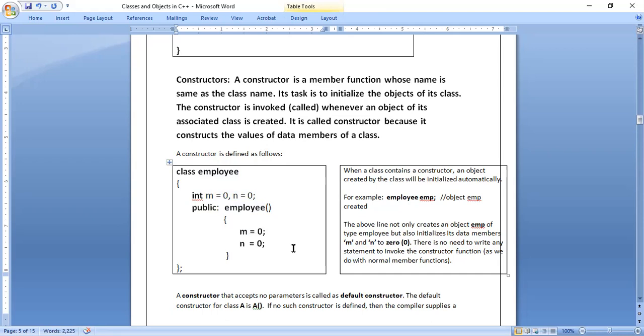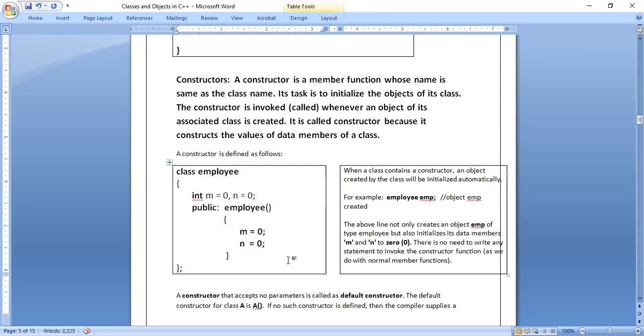You may get a little doubt here: what is the difference between giving the value here and here? The difference is that at this point memory will not be allocated. At this point memory will be allocated because this function is called when the object is created. When the object is created, memory will be allocated, and when memory is allocated, you can give the values. It's very simple.